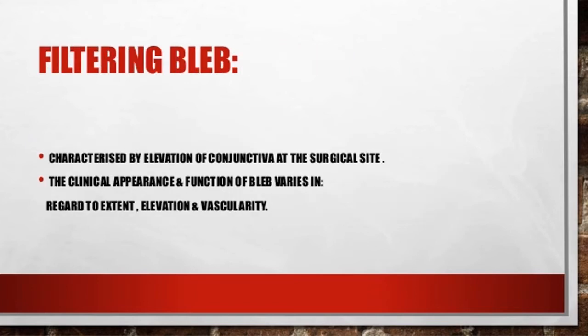And after this filtering surgery, the role of the bleb is very important, because how big the bleb is, how well elevated it is, and how it is vascularized matter. Because even though the opening is done, because of some condition this is closed and the filtering bleb is not formed, and aqueous is not drained, it may lead to the failure of this procedure also. So the healthy bleb is equally important after the surgery.